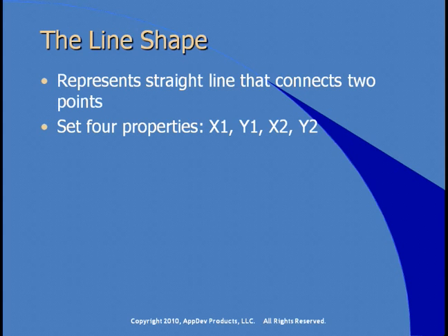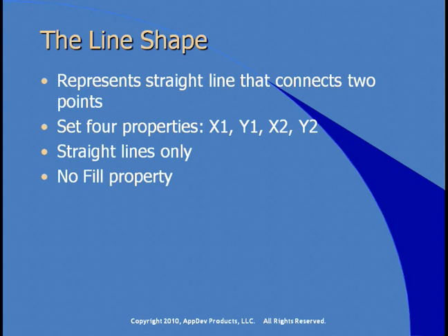And as you'll see later, the fact that you have to set 4 properties here makes this shape a little arduous to have to set up very much. There's other ways to do this, but if you're only drawing one line, sure, this is the simplest way to do it. Only provide straight lines. There's no fill property because it's just a line. You have to supply the stroke property to define what color or what brush you want to use to draw